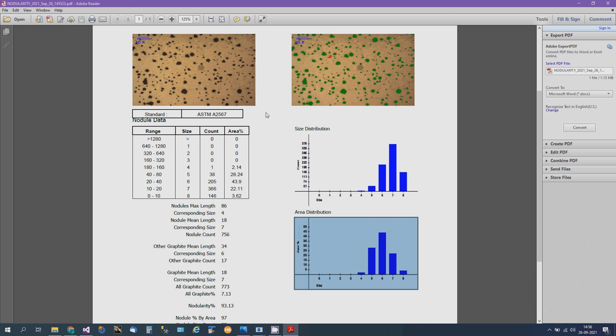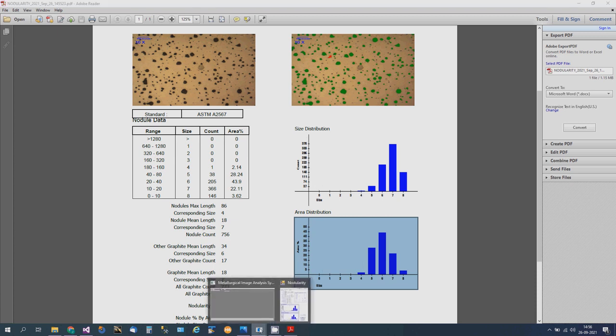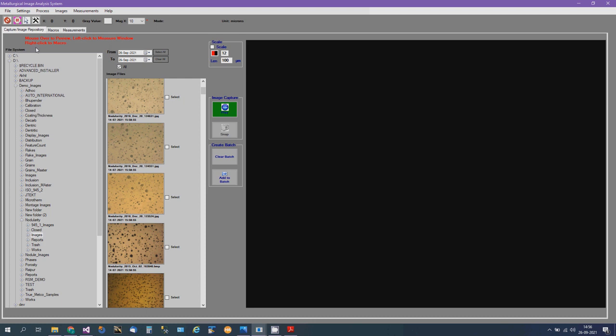Now, where is this report saved? If you look at the application, you can see that you have selected D drive, demo images, nodularity, images.